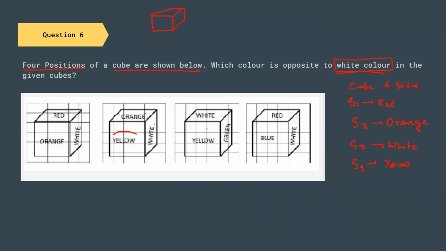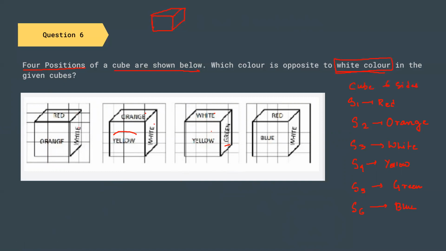Now we have seen white, we have seen yellow, we are left with green. The side 5 will be green, and side 6 will be blue. So from looking at the 4 positions of a particular cube, we have identified the sides that are possible. Now let us think. Red,